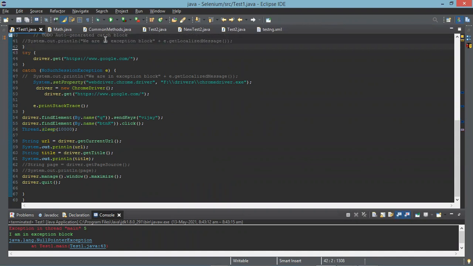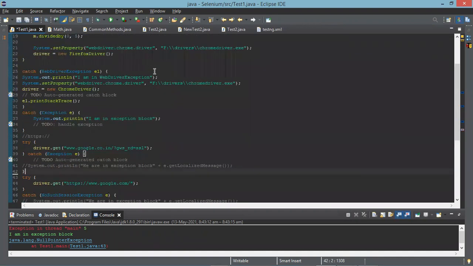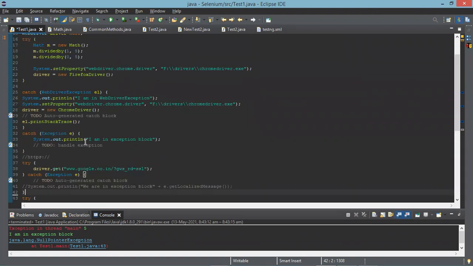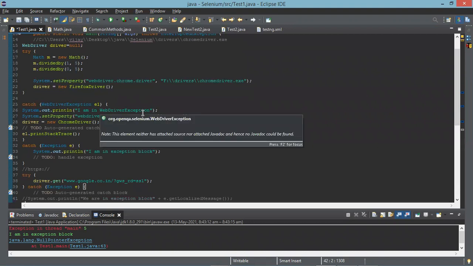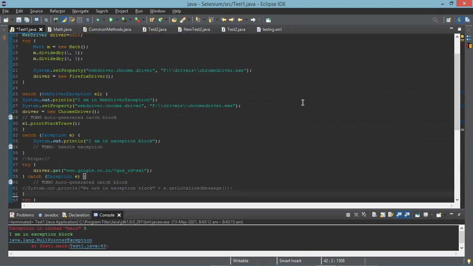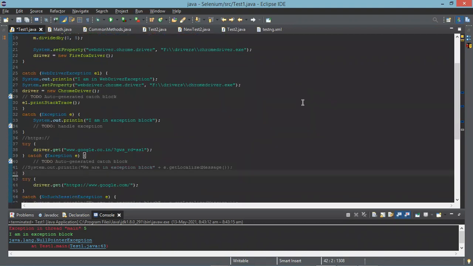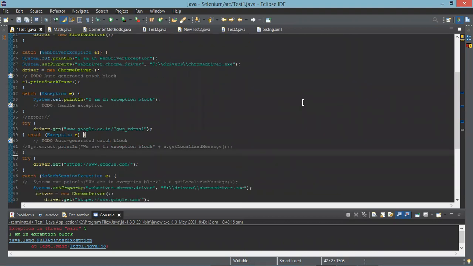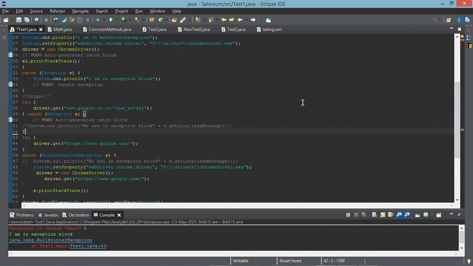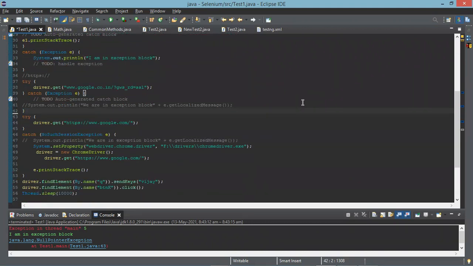Go to the top and see whether you are closing somewhere. You are launching the browser and then you execute it. Now we'll see what happens.